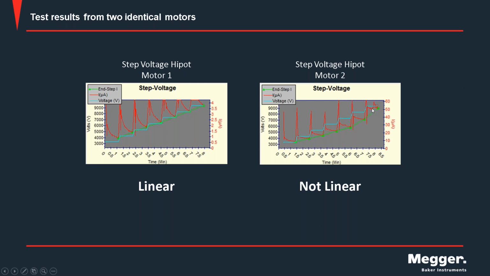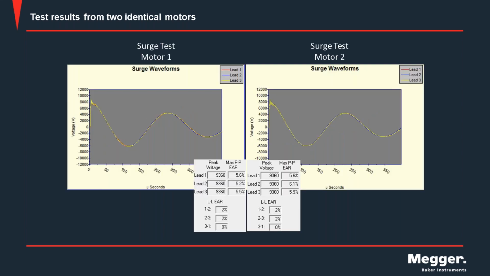I'm not going to do it, but if I were to go one more step above, if I add another 1,000 volts, I can interpolate that this motor insulation is probably not going to be able to withstand that, and I know exactly where I am on that degradation curve. We also did surge testing, and surge testing revealed no issues. So the turn-to-turn insulation is sound, but we have this problem with the ground. And so based on those indications, we pull the motor out of service, we send it to the motor shop